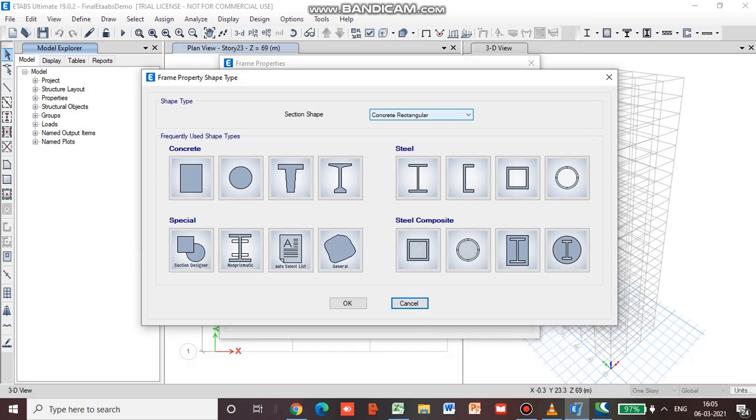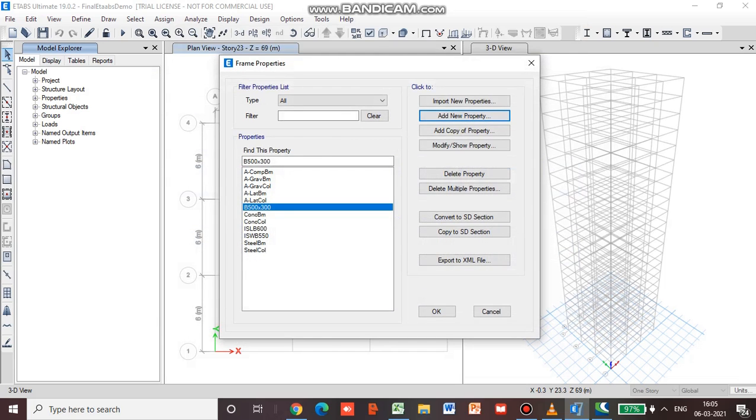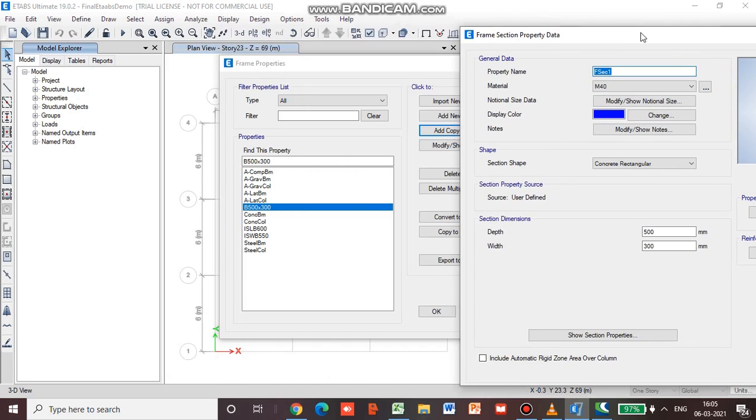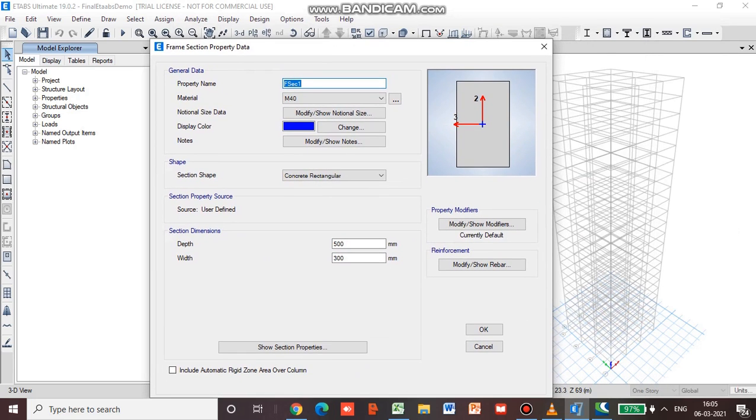We will go for add new property. Now, instead of going for add new property, we can add a copy of property too, because I will show you add copy of property. Whichever section's property you want to add, you can select that property, then go for this option, that is add copy of property. So here you can see property name.